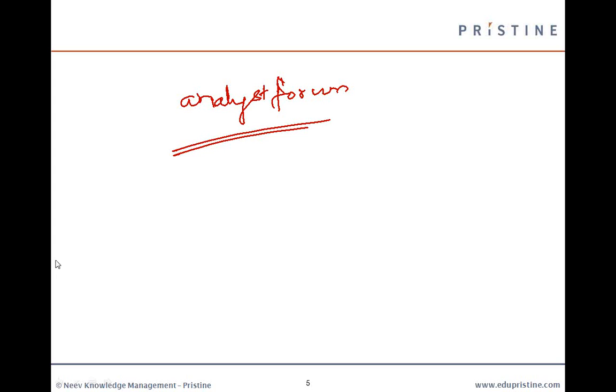So Pooja has a question. Is Pristine material enough for preparing for level 2, or do I need to go through institute material? See, again, it's more a case-by-case basis. There are certain topics which I felt were excellently given in your level 2 CFA Institute textbook. Okay. As a general rule of thumb, I prefer that you go through Pristine or Squasher materials for the majority of the concepts. But again, there are one or two concepts where I think neither in Pristine material nor in Squasher